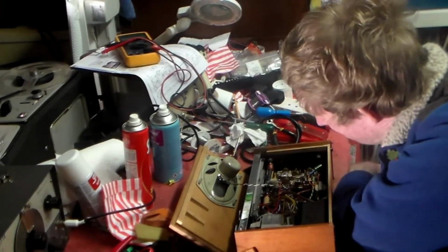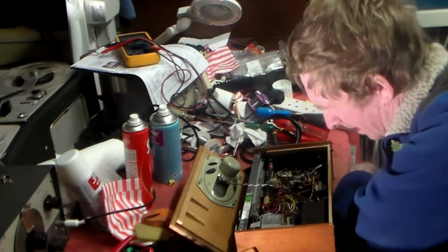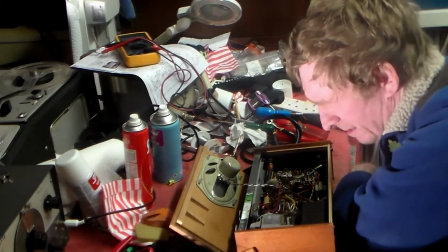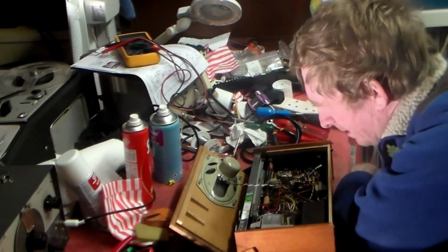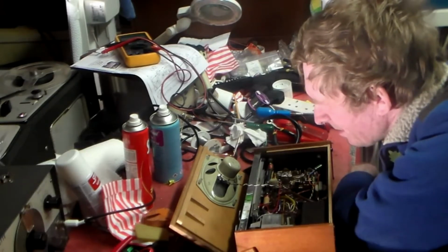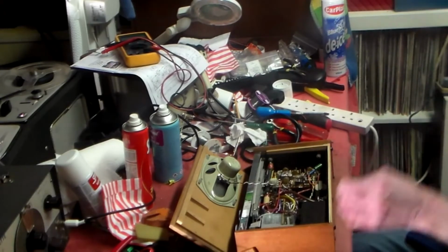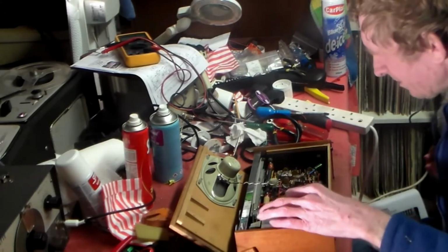Anyway, this set is full of AF117s. They look to be in good nick. Nothing has been changed, nothing needs to be changed, I don't think. So let's go inside and have a look and see what the problem is with the tone control and the wave change switch. This set, by the way,